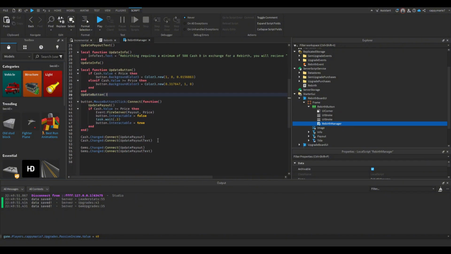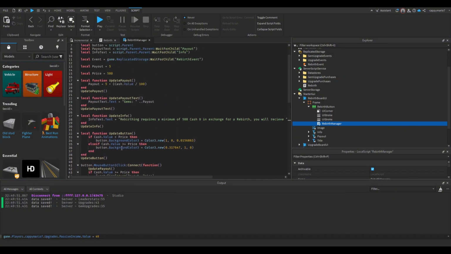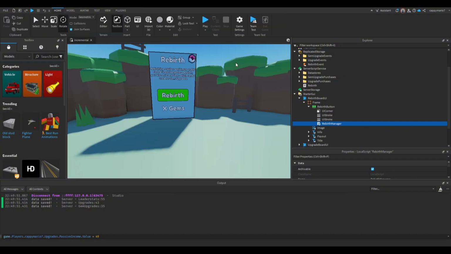Then down here, copy one of these connect functions, then paste it and change update payout text to update button. Do the same thing for the gem saw changed, change it from update payout text to update button. And now, after all this hard work,